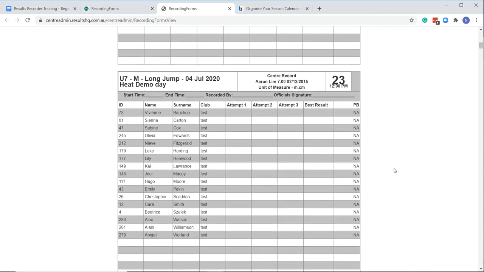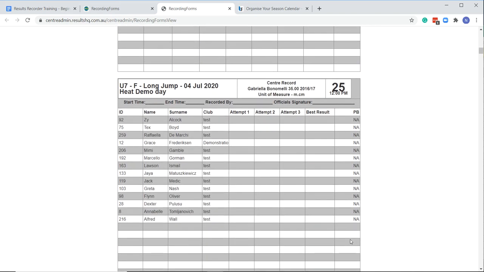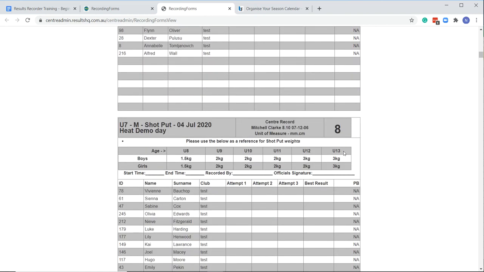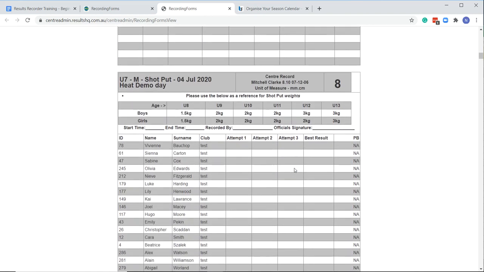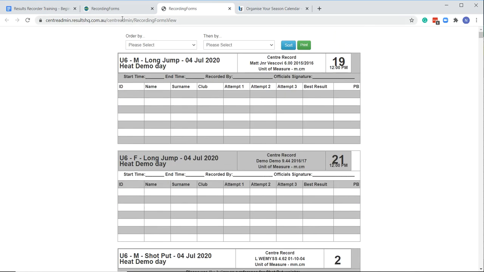If I come down here to the 7s, we've now got some athletes for long jump, the record, and so on. So here we can see the athlete's number, first name, last name, the club, and if they had a PB, it would be in that right hand column. Same goes here, and when we get to shot put, we can see the rules are showing in there, and it's the same format. So that's what we call regular, where 1A4, and then if I go print,